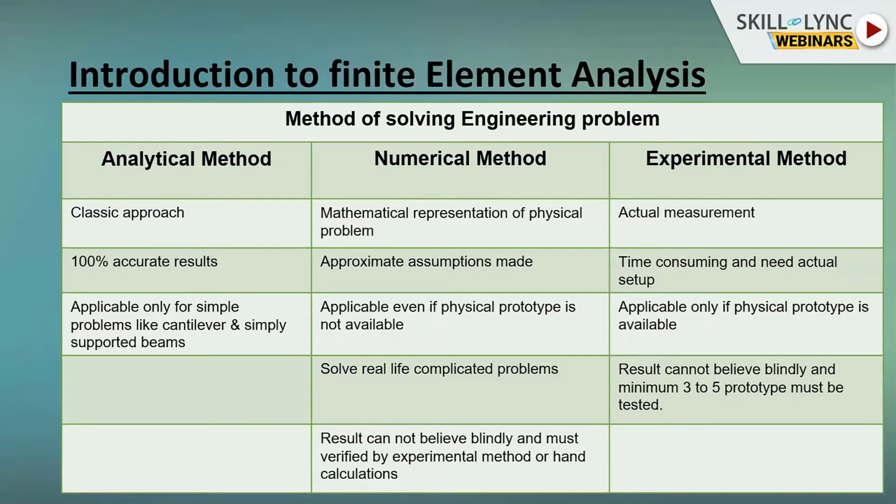So first is analytical method, second one is numerical method, and third one is experimental method. And each of these methods has its own positives and negatives. So if you go with the